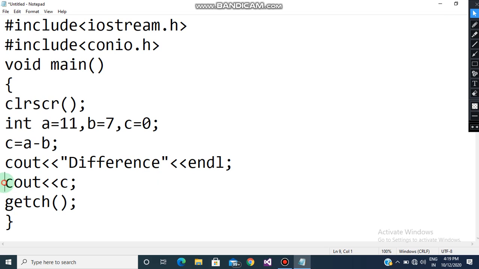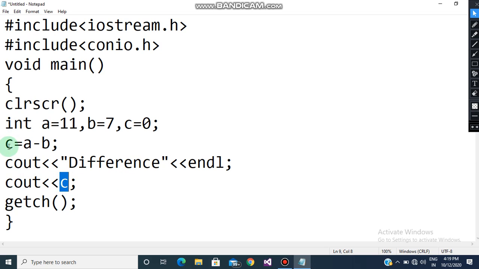After this, again I have used cout, and then over here I have used the variable c. Why c? Because c holds the result. What will be the result, children? The resulting value will be 4. So I am not writing 4 over here.